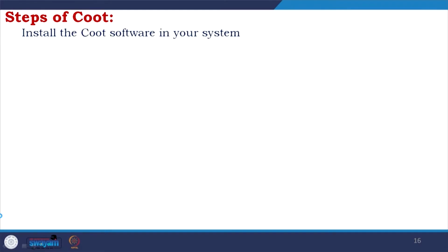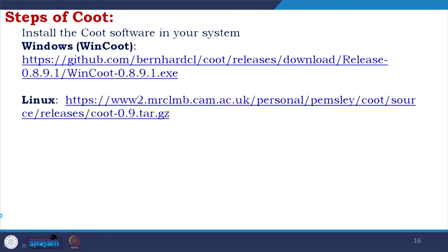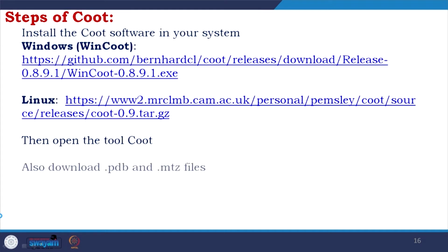How will we use COOT? First, you have to install the COOT software on your system. If it is Windows, then this is the link I have given, the exe file. If it is Linux, then the file would be available here. Once you have installed the COOT software, you have to open the tool COOT. In addition, you have to download, as I told, PDB. PDB is representing the coordinate and MTZ is representing the map,